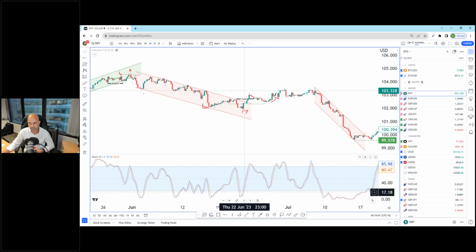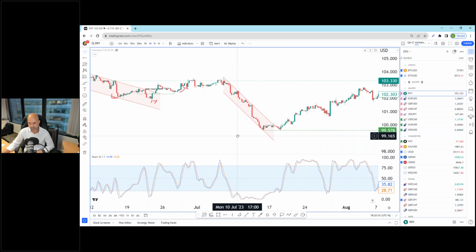We also see a change of character, with price breaking above the upper trend line of the bearish channel and also breaking above the previous high. So we have three factors that give us a good sense of confidence that the change of character has taken place, and we are looking at a potential bullish reversal. Similarly here, in this downturn there was no clear Quasimodo pattern, but we are still able to apply other aspects of technical analysis here.